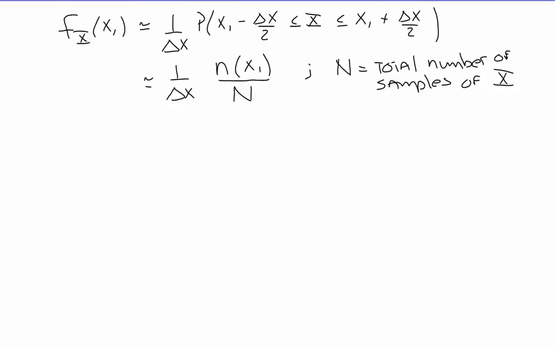All right? So we've estimated the probability density function at x1 by finding the number of samples that lie in the bin centered at x1, divide by the total number of samples, and divide by the bin width. We can generalize this a bit. I'm going to generalize this a bit to yield